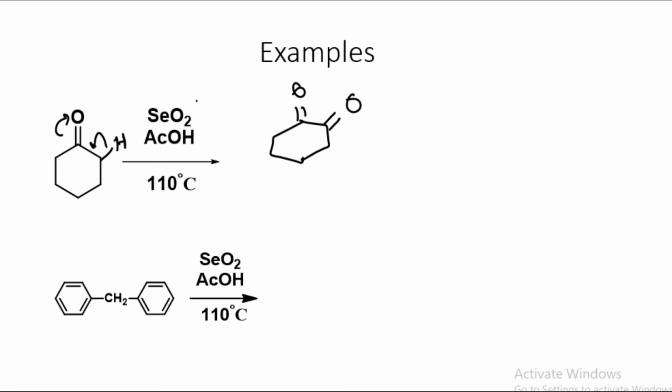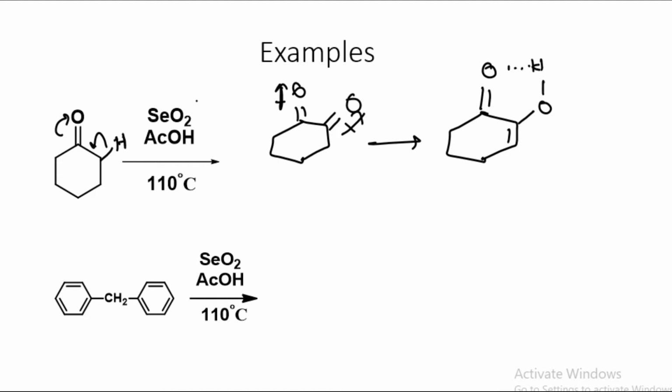So here is one thing: due to severe dipolar repulsion, this system tries to minimize its repulsion between these oxygen poles. Okay, so they actually exist with one of the ketones as the enol. The advantage is that they can form an internal hydrogen bond within themselves, and also there is a conjugation. So the system is more stabilized than this form. So actually they exist as this form. Okay, and for MCQ there could be an answer like this.